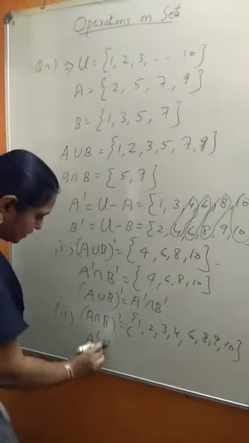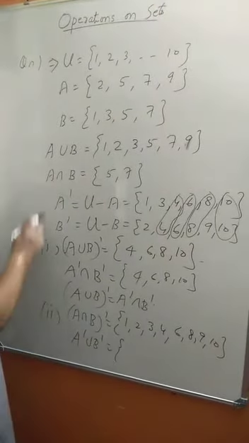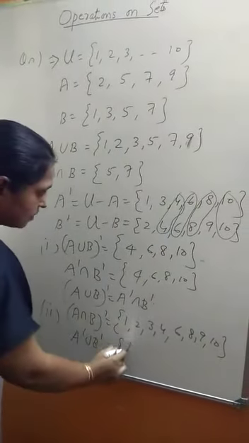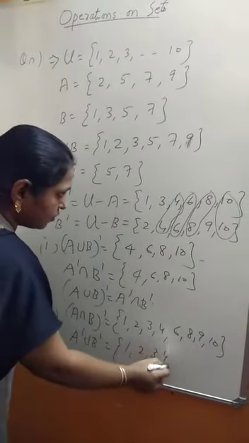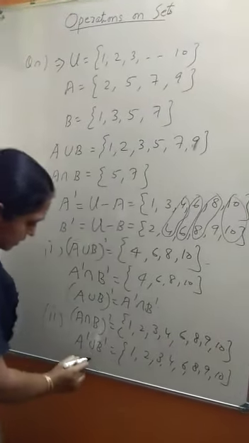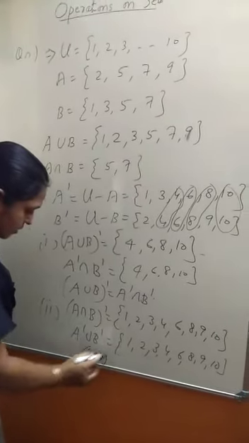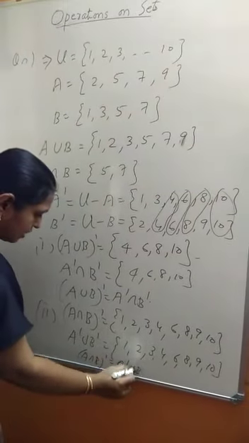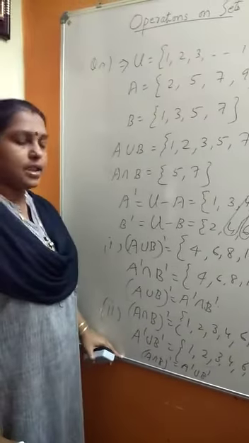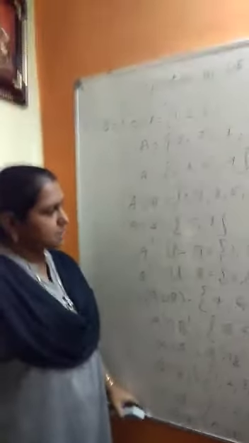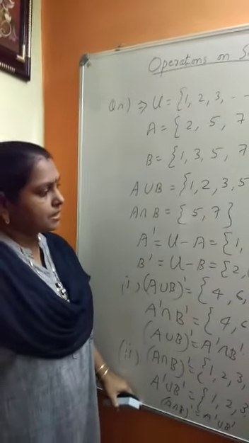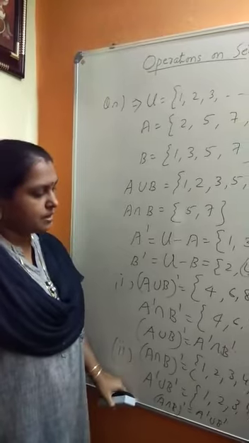In the same way we find what is A dash union B dash. A dash union B dash means we have to get a combined set by combining A dash and B dash. So it is {1, 2, 3, 4, 6, 8, 9, 10}. Then we can see that both these results are the same. That is, (A intersection B) whole dash is equal to A dash union B dash. So the second law is also verified. So children, you try questions from exercises 1.4 and 1.5. Okay. And after that, if any confusion is there, you just contact me. Thank you.